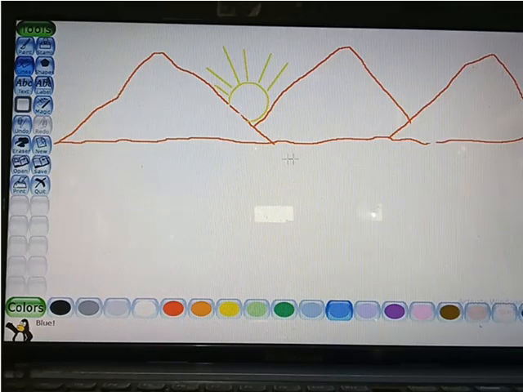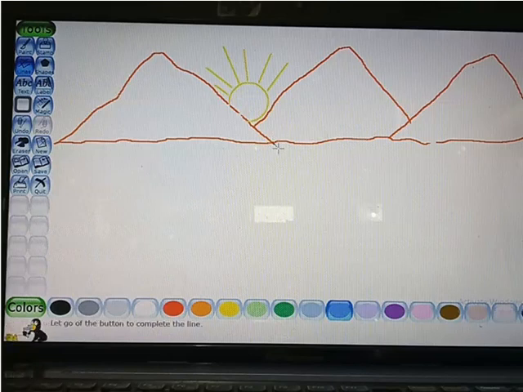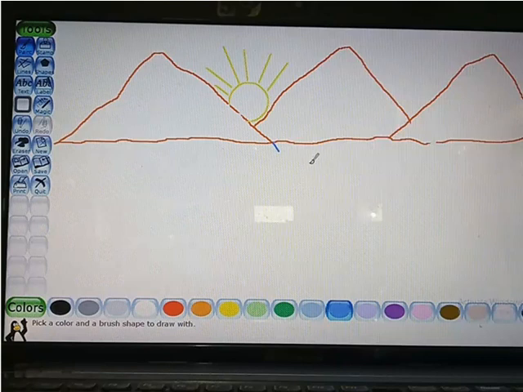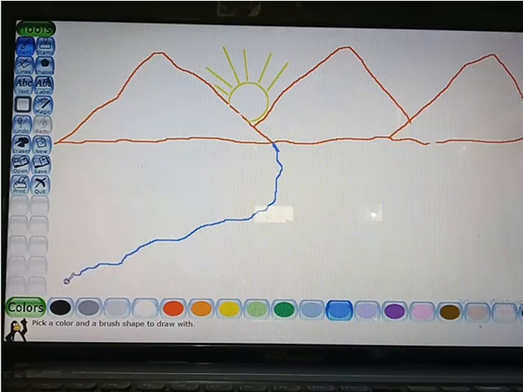Suppose now we want to draw a river flowing from here. Now this line is already chosen, so I will choose the painting tool again, because the line tool will be a straight line. I don't need a straight line because I am showing the water flowing. So suppose water is coming, and from this side also. So this becomes one thing.